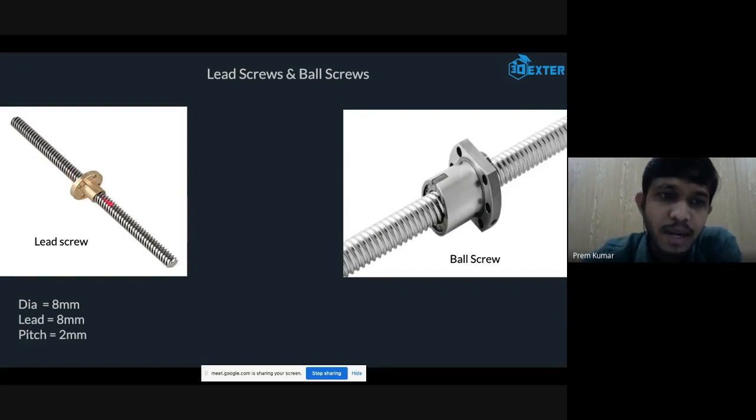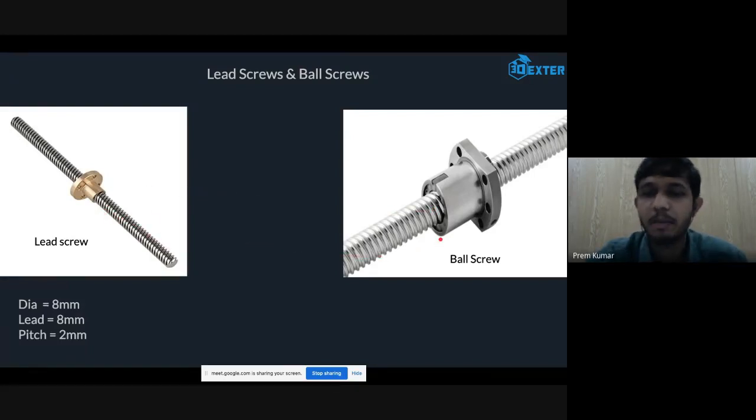Here we have a direct metallic to metallic contact. Here we do not have any balls. So if you increase the weight on these lead screws, it increases the pressure against the threads and also the friction, so it will easily wear off this nut, because this nut is made of brass and this threaded rod is made of hardened steel. So it can easily wear off and your threaded rod will be damaged very soon if you are using higher loads. But in the case of this ball screw, we have balls, so the motion will be very smooth, and you can use higher loads compared to these lead screws.